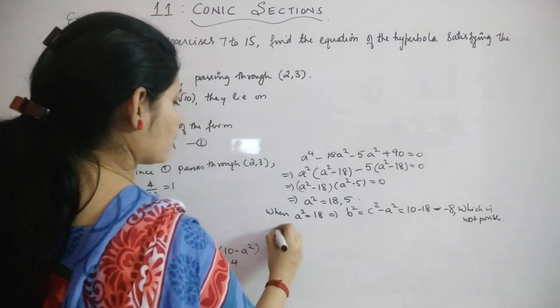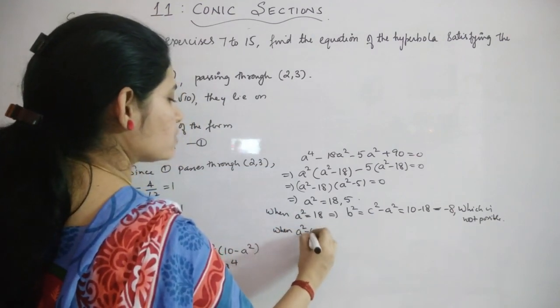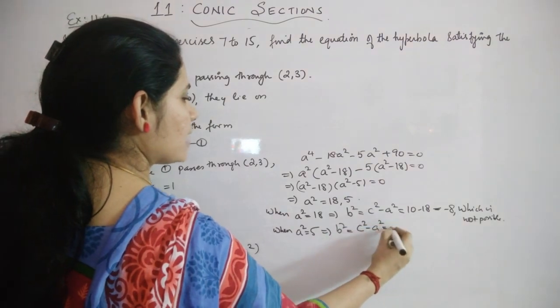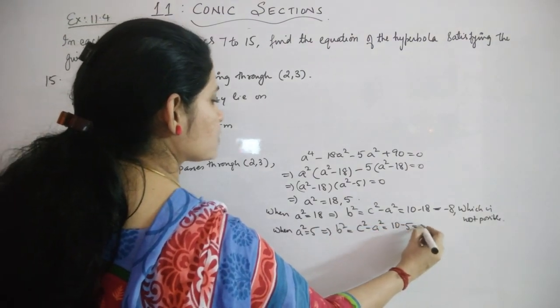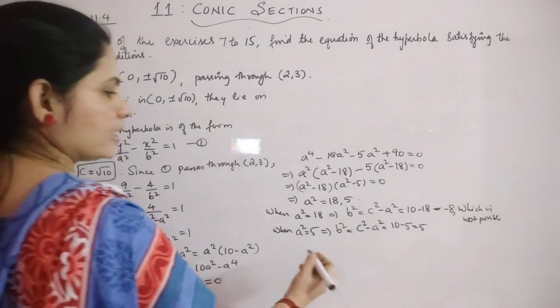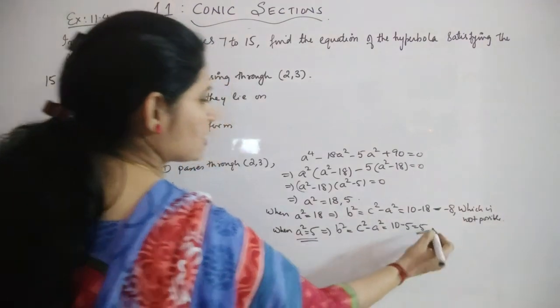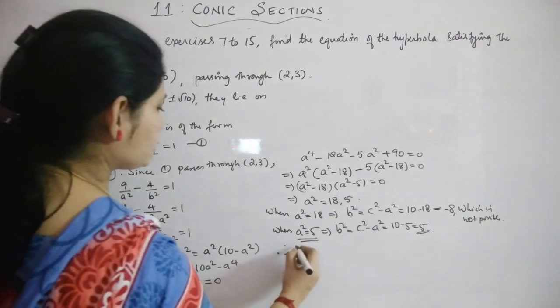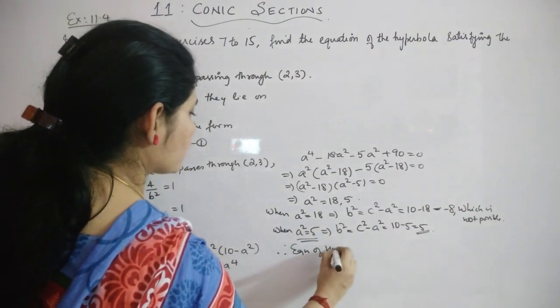Now we will go for the second value. When a square is equal to 5, you will get b square to be c square minus a square as 10 minus 5, which is 5. So this is possible. That's why we will choose a square as 5 and we will get b square also as 5. Therefore, the equation of the hyperbola becomes